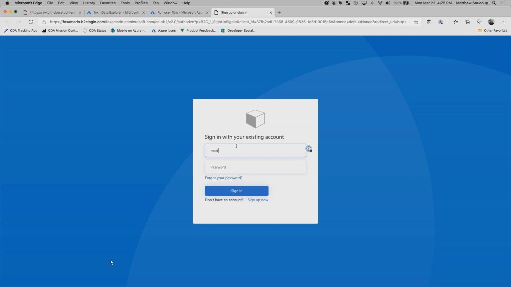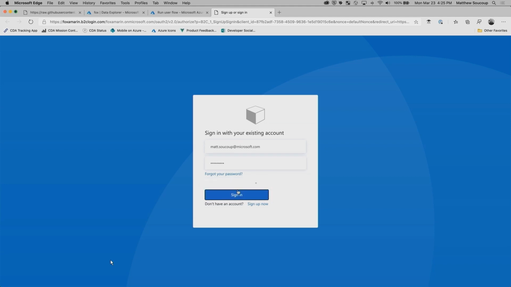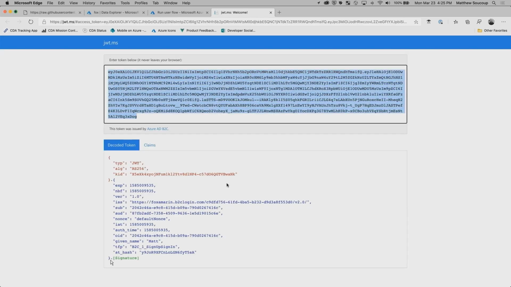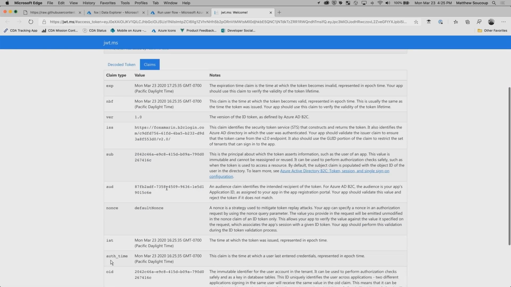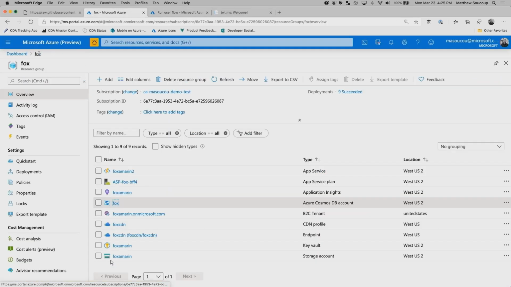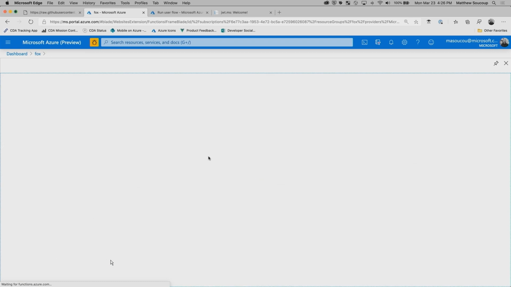And I'm just going to say run user flow. And it allows me to sign in. So I can do matt.sokup@microsoft.com. And my favorite password, ABCD1234 exclamation point, and sign in. And this directs me back. And here I get this big token back who, when you look at the claims, identifies me for who I am. See, my given name is Matt, and it tells me what I logged in at, and it even gives me an access token hash. All right, so that's B2C letting me log in and giving me back an access token that I can use to go back over into my Azure Functions, and